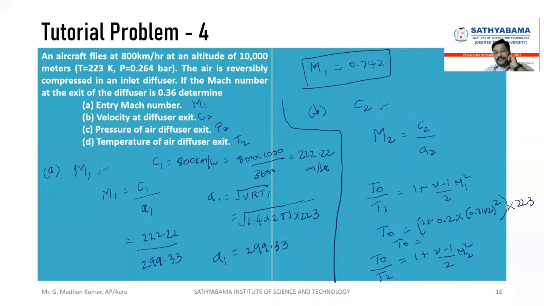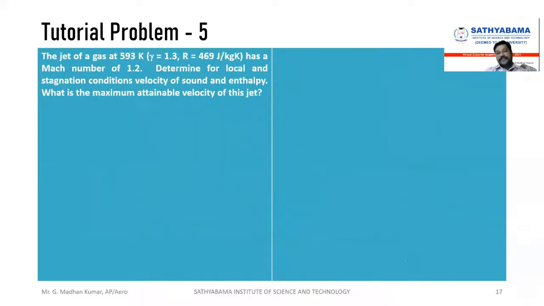What is T0 now? It was 247.5. Right, now substitute the value 247.55 here. So we have to find T2 now, right? So T2 is equal to 247.55 divided by 1 plus gamma minus 1 by 2, that is 0.2, and then your Mach number is